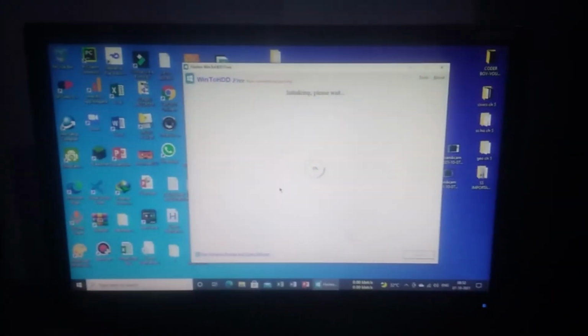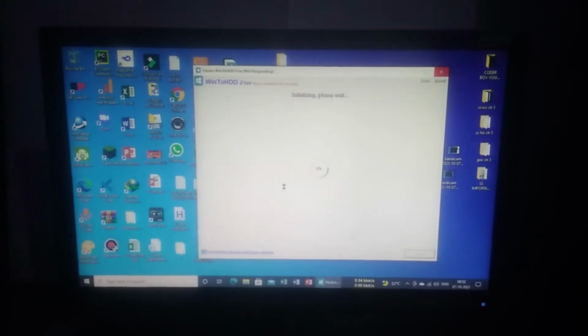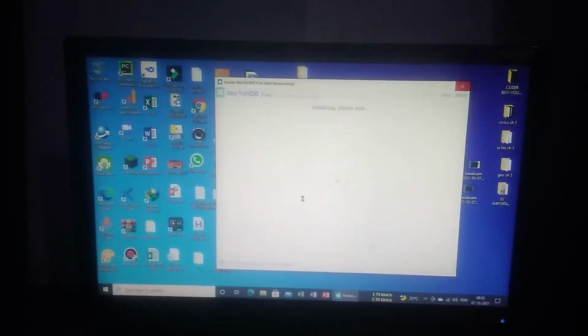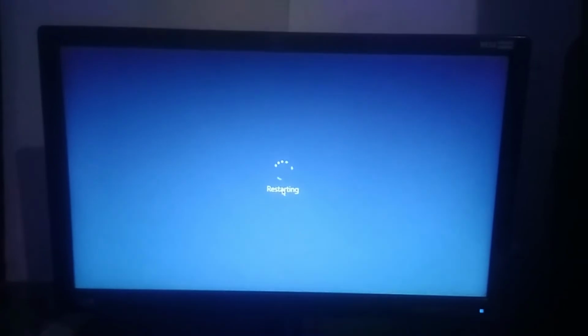It is telling that an input is required for completing this operation. So now click on yes. So guys, it will take some time. Don't quit the application. Now you can see that our PC has restarted. So it will continue.